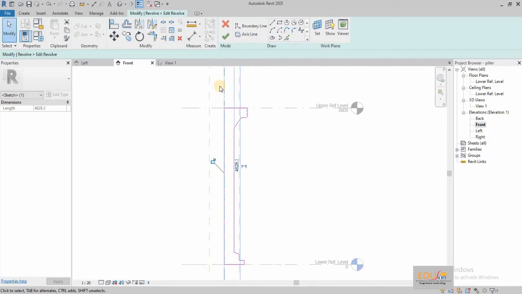If the axis touches the revolve shape, the result will be a solid. If you sketch the axis away from the boundary, the resulting geometry will have a hole in it.